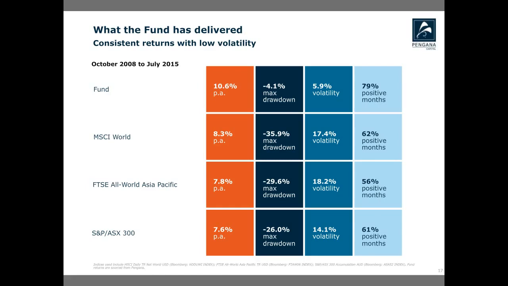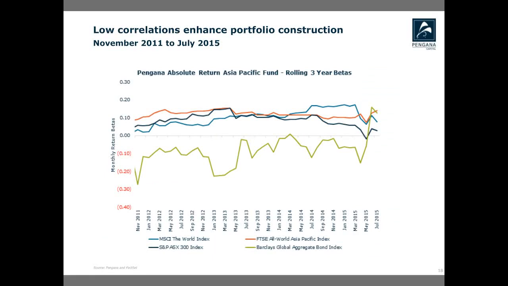We target 6 to 10, so it's at the bottom end of that range. And obviously we target consistency, and it's had about 80% of months positive. You can see that compared to the world markets, the Asia-Pacific equity markets, and the Australian equity markets, much bigger drawdowns, much higher volatility. And obviously, as part of a balanced portfolio, this plays an important part, this fund, we believe. Just on the next slide, just to enhance that diversification benefits in your portfolios.